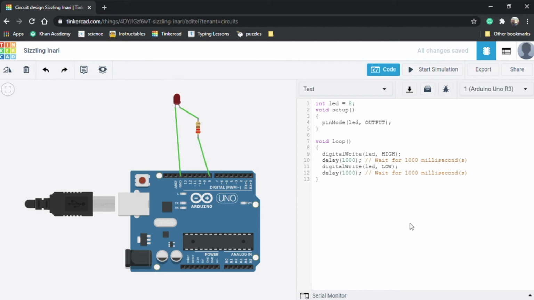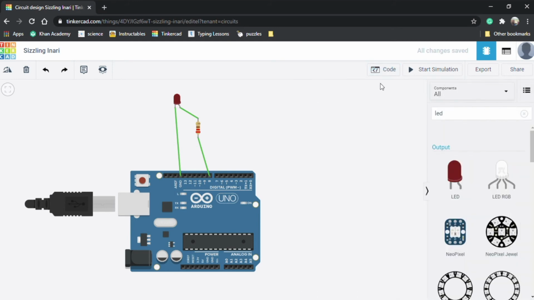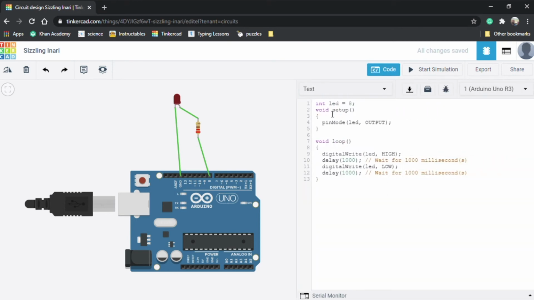So finally we have completed everything. We have created this circuit, we have connected this LED and this resistor to this Arduino board, and then we have written the code of this virtual Arduino board in here, by pressing this code tab. So as you can see, it is written here, and we have just modified it a little bit because the default program given in this Arduino virtual simulator is not the program that we need. Okay, but it is somewhat similar also.